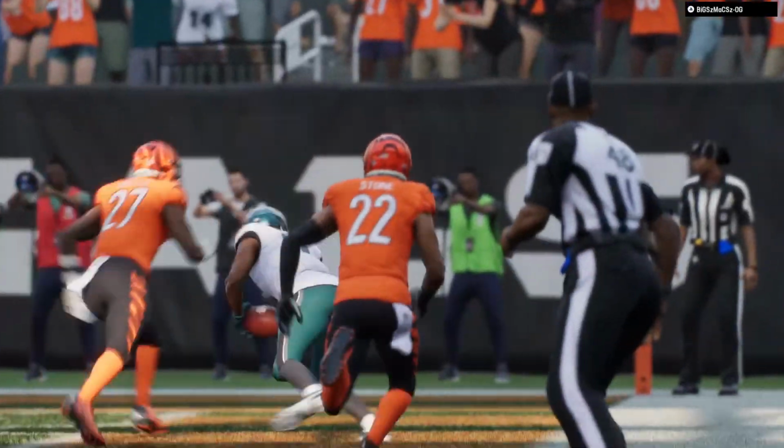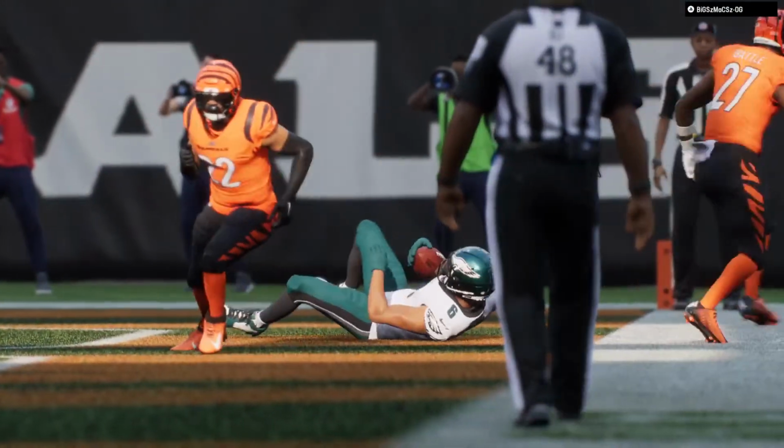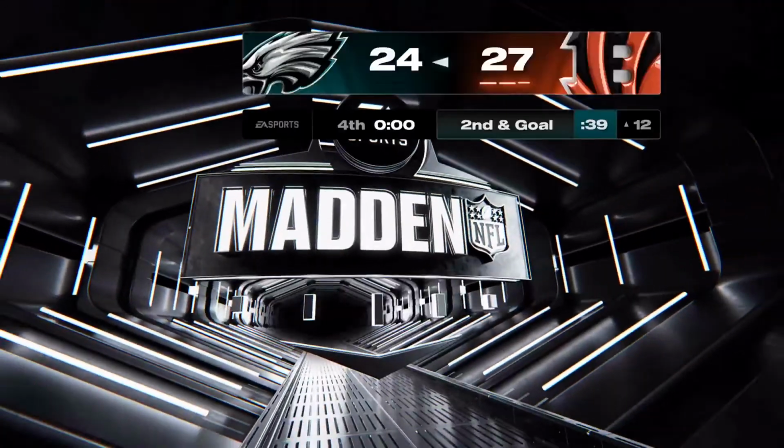So for the Bengals, they improved to 5-3 as they approach the halfway point of this 17-game schedule. And they'll get another home date